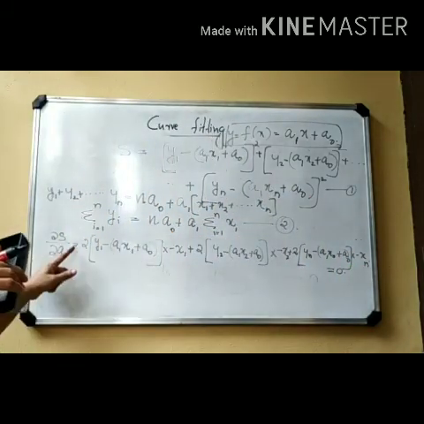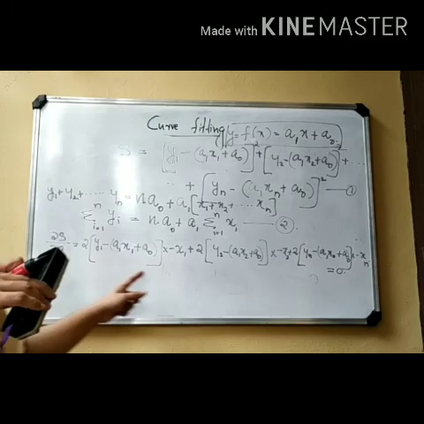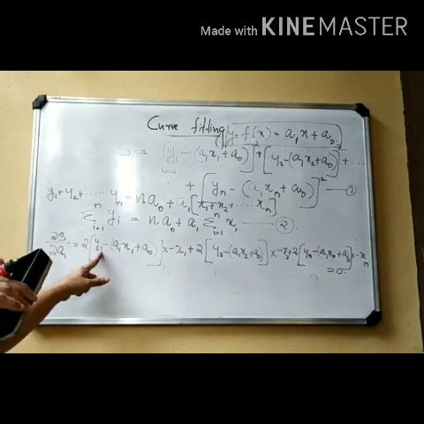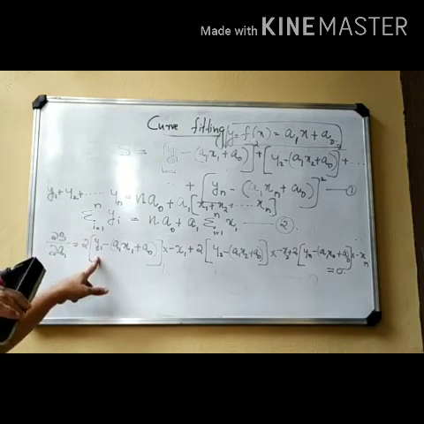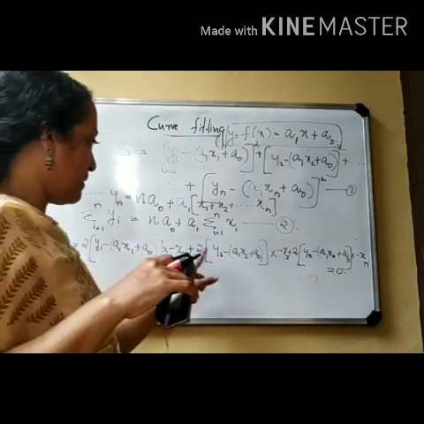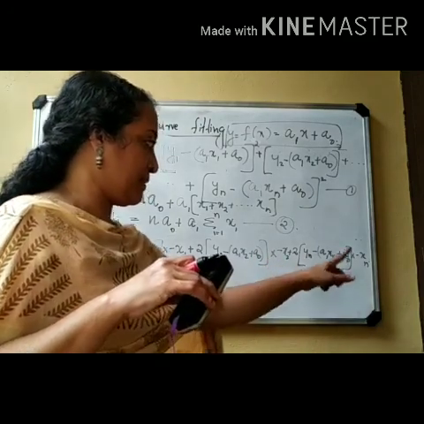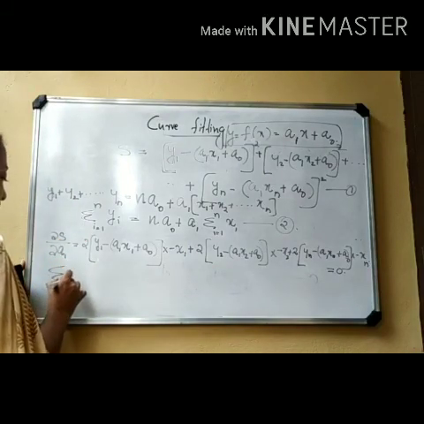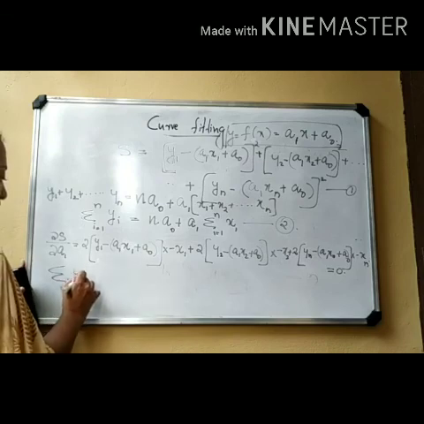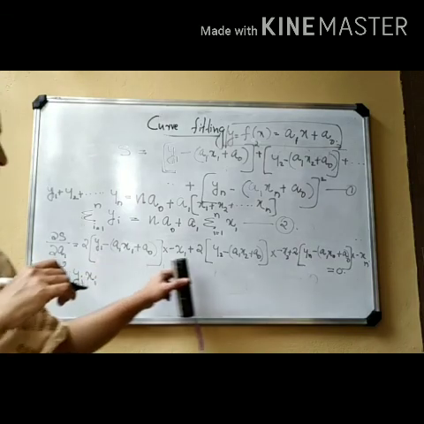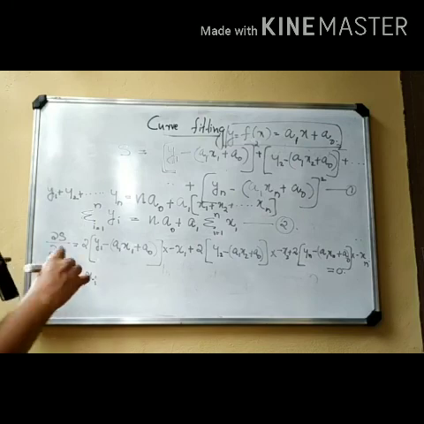So here also minus 2 is common in all these equations, so that we can cancel that, and again we can write the similar terms. Here there is y1 x1, y2 x2, etc., up to yn xn. So I can write this as sigma i yi xi, where i equals 1 to n. That is the first term we are getting.